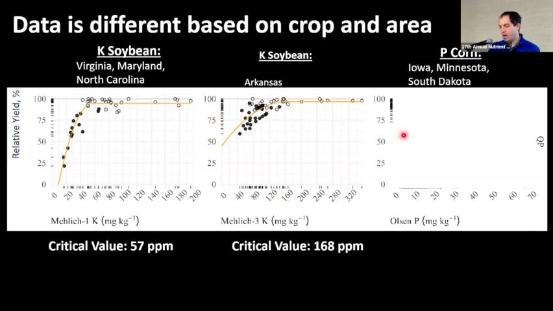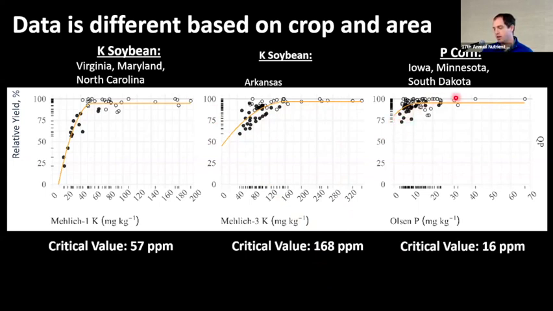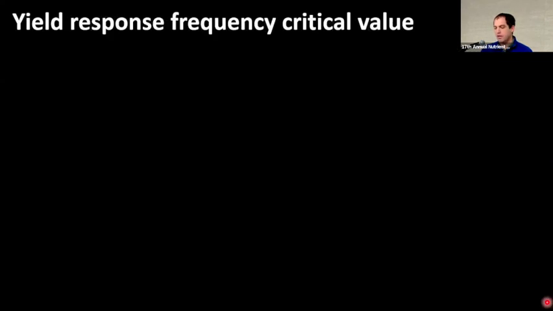So now we're going to go up here. This is Iowa, Minnesota, and South Dakota data. So you can see how much different some of the regional differences can look. A lot more compacted, but you can still see that same relationship there. You combine our data or look at just South Dakota's data, it's still around 16 parts per million Olsen. That they've found that critical value exists, or you no longer see a consistent response to phosphorus fertilization with these different tests. So there's several different ways you can look at a critical value. I'm just going to show some of them, some different ways. It's not just looking at relative yield. In this one, we're going to look at